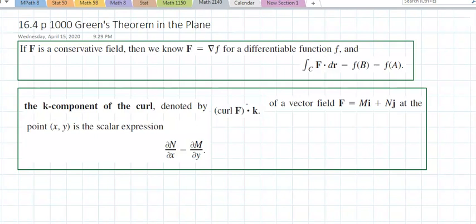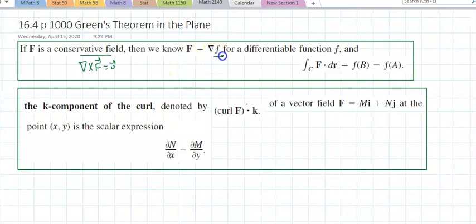Section 16.4 is on page 1000. It talks about Green's theorem in the plane. Recall, this is from the last section, actually 16.2. If F is conservative, if you remember what that meant, del crossed with F is the zero vector, then we